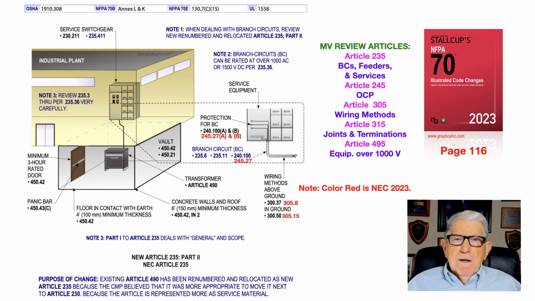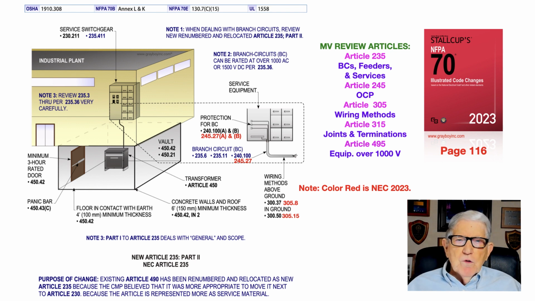Now, when we look at Note 2, the branch circuits can be rated over 1,000 volts AC, and we'd use any one of these articles dealing with the subject, and 1,500 volt DC. So we're addressing the DC voltage, see, which we haven't done in the past with an article. And then, of course, in the protection for branch circuits, notice in the black text,